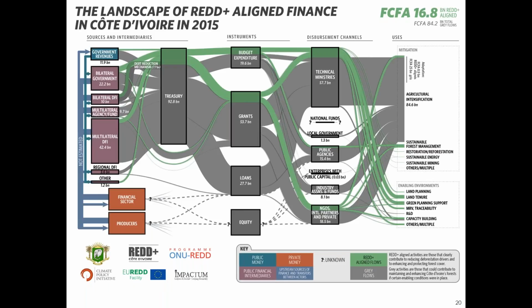So here we have again the overall picture of green and grey flows together. This is a visual tool here, the landscape illustrating a much more complex reality underneath the data set that underlies this figure. On this basis, we can do tailored analysis and inform policy makers and stakeholders. So let me just give you a couple more examples of our key findings to give you a flavour of the study.